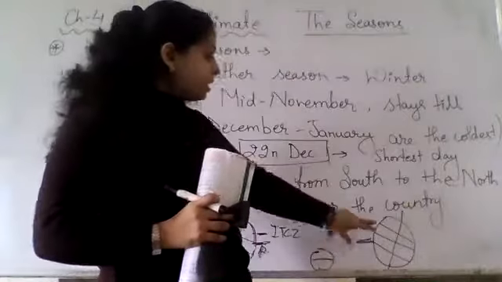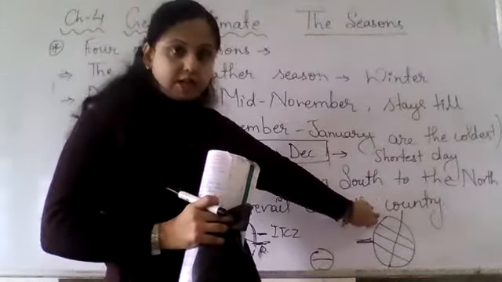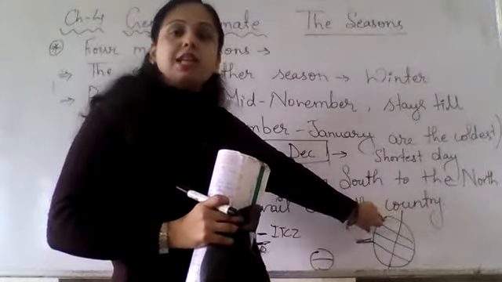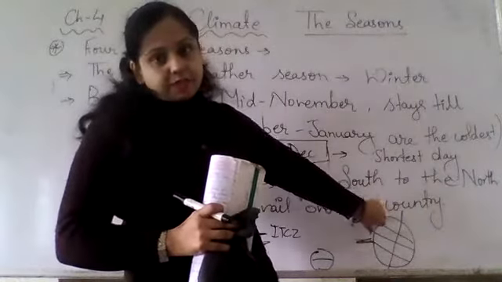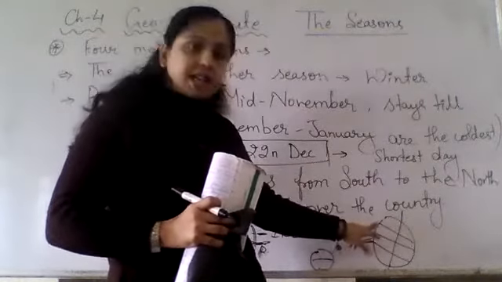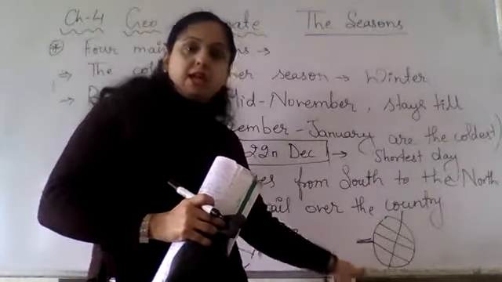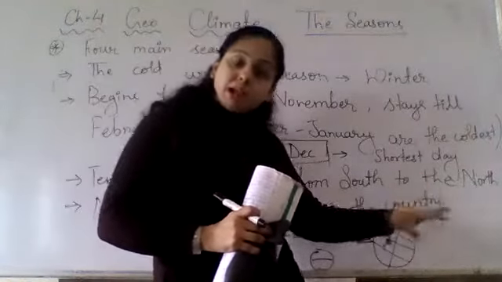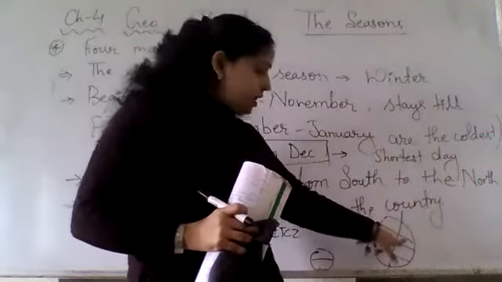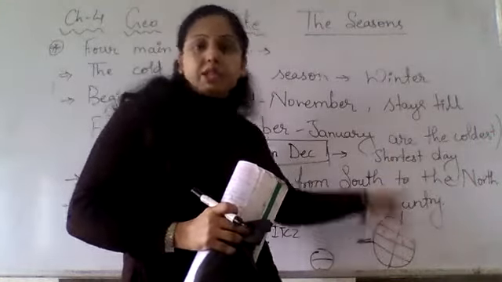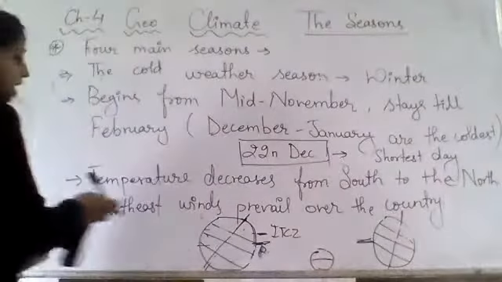So here what happens? Our country will get fewer sun rays because the ITCZ has shifted from the Tropic of Cancer to the Tropic of Capricorn. Now the Tropic of Capricorn is getting maximum sun rays. Our country is having winter. Understood? That is why